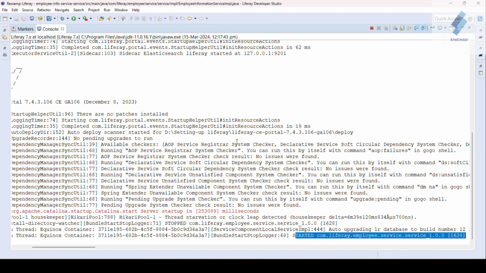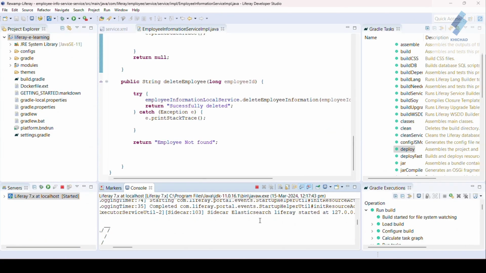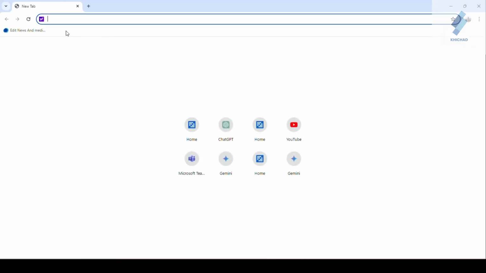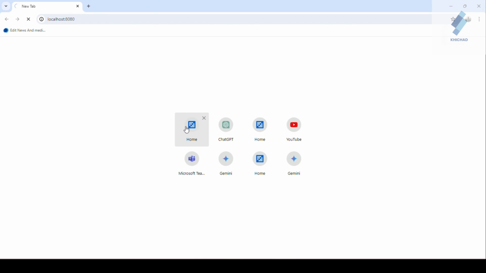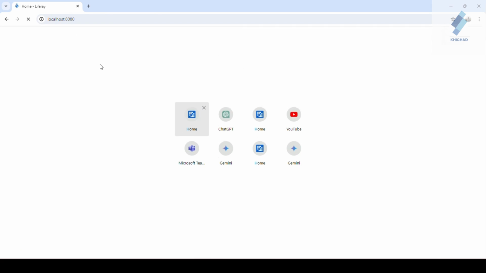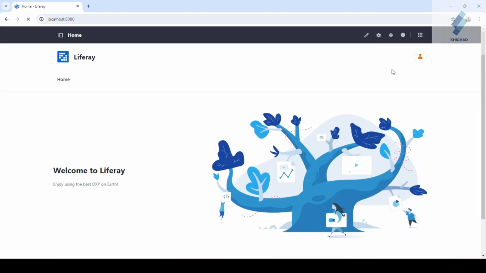So go to the browser and log in to the Liferay portal. I have already logged in to the portal.